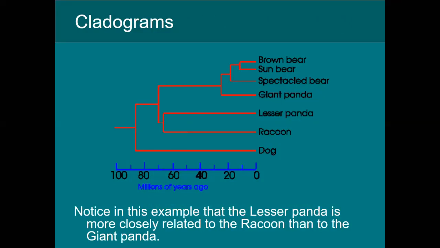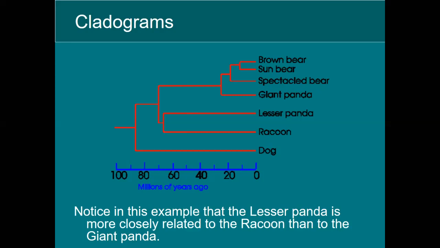Here's an example of a cladogram as well. It is very common that people would say, oh yes, a giant panda and a lesser panda are probably very closely related, but it turns out that they are not. The lesser panda is actually more closely related to a raccoon than it is to the giant panda, which is more closely related to the bear family. So when we start taking a look at these relationships, physical characteristics can be deceiving,